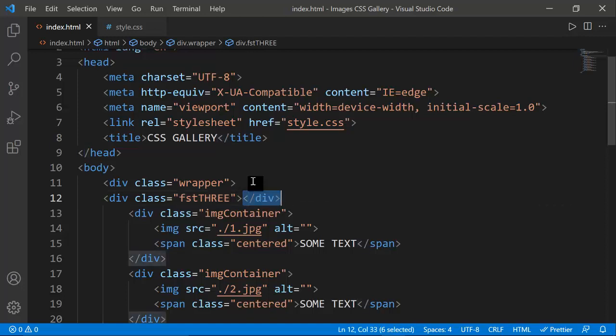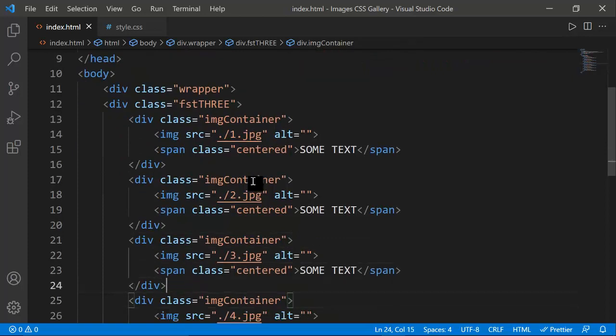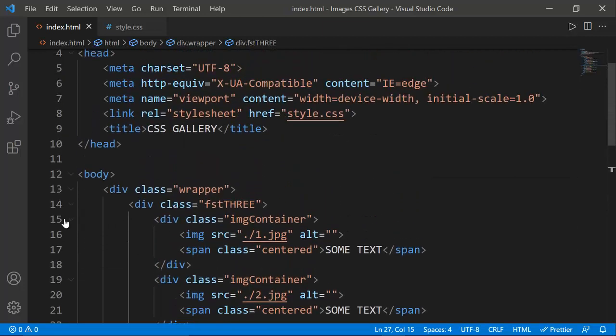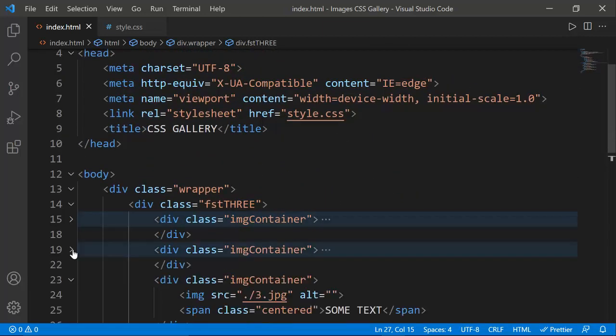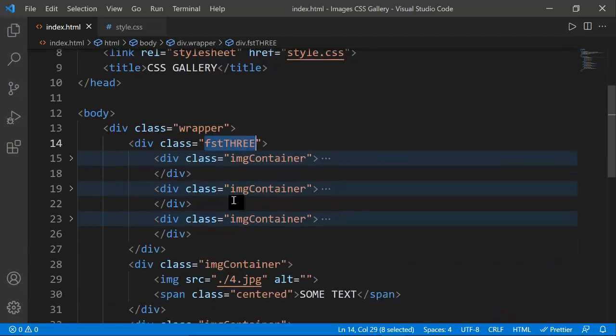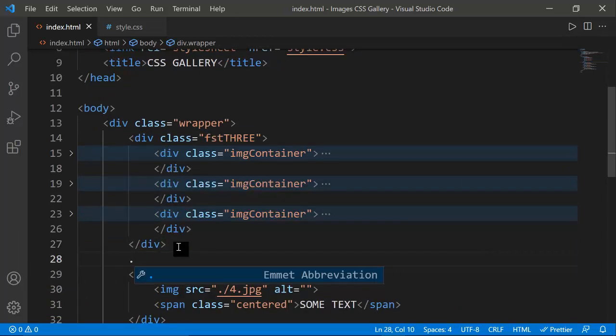Okay, and just wrap these 1, 2, 3 divs here till here. So actually what is happening is that this div and these 3 image containers are coming in this first 3 container, and then I'm again going to target